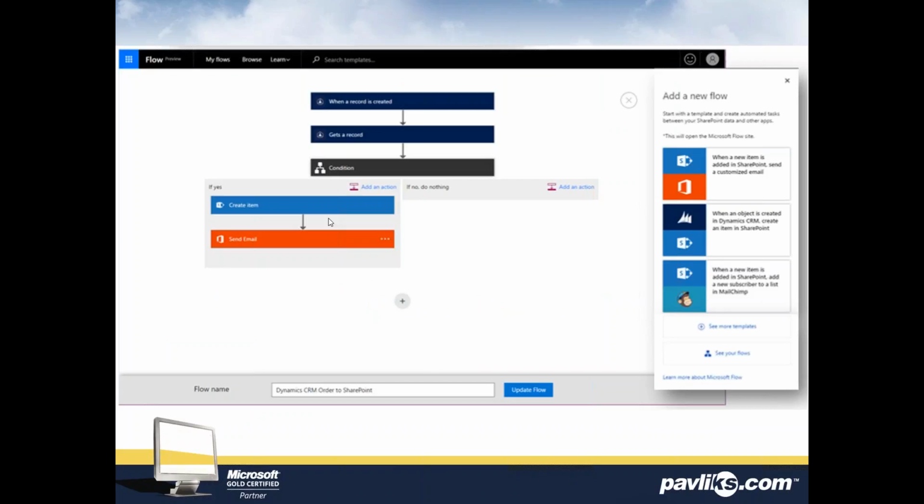This is just a quick screenshot of the Flow engine. It's very much point and click, where you can say, when this happens, here's a condition. If the condition is yes, then perform a function. It's simply a matter of clicking these buttons and following the prompts. There's really not a need to get into coding. And the idea is for individuals to create these flows so that it makes them individually more productive.